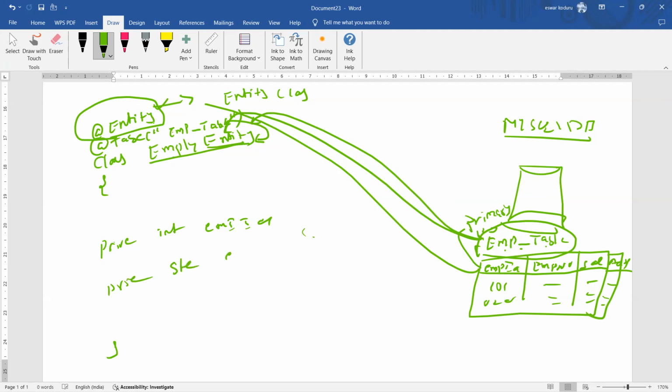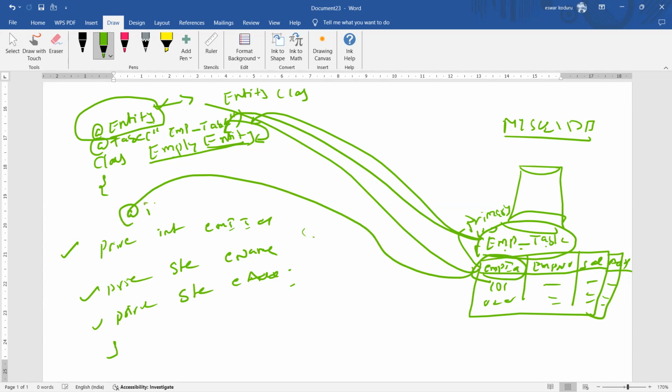private String ename, private String eaddress. Now, which one is the primary key? How to know? If employee ID is the primary key, we need to add @Id. ID indicates it's a primary key. What I need to map? This guy you need to map with this guy. Employee ID. Mine is EID, for example. It's the employee ID table name. Then how to map, @Column,